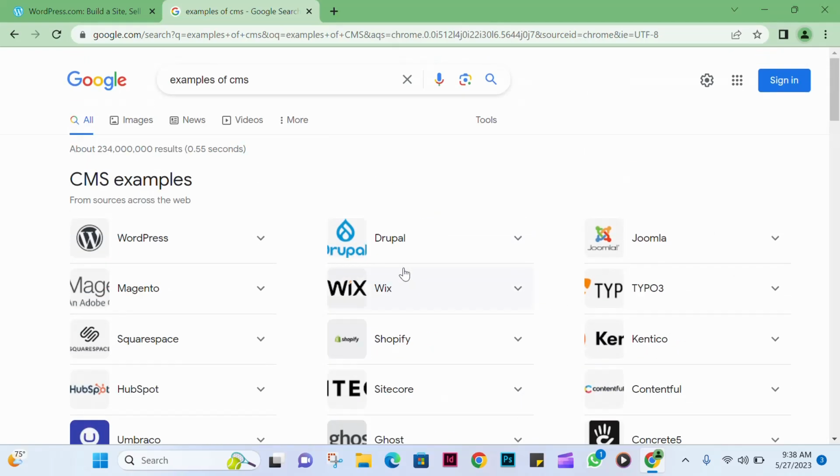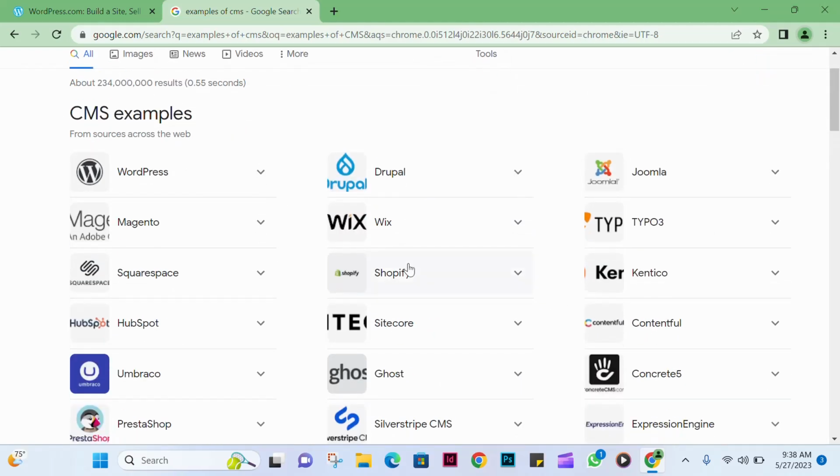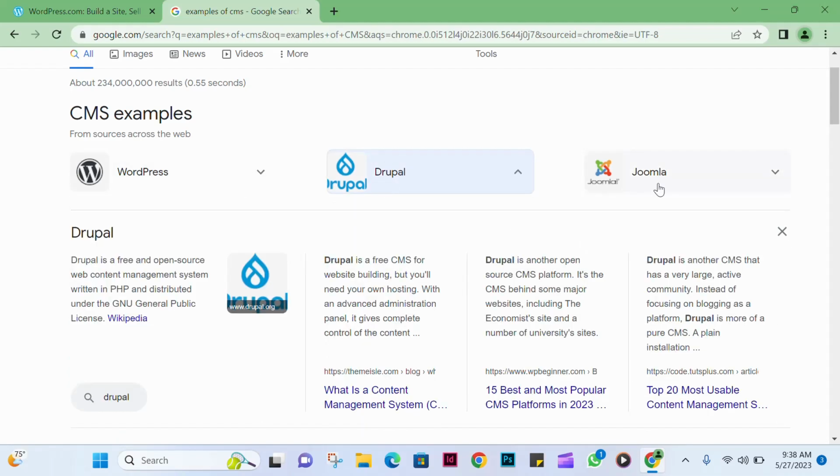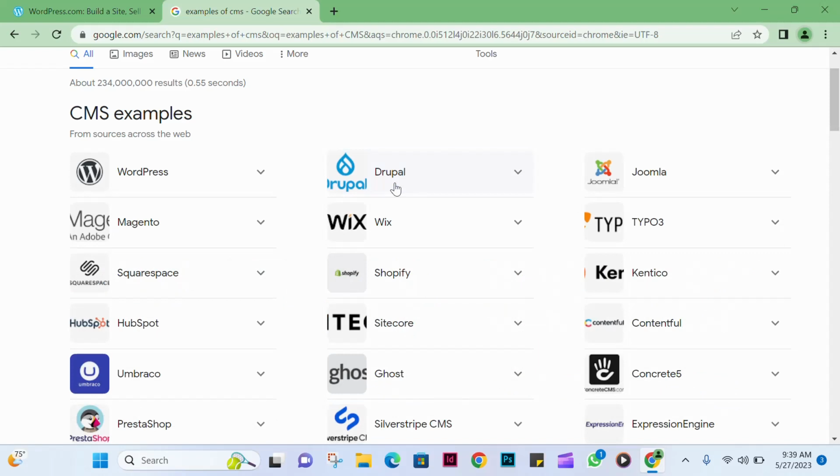There are very many, but the most popular ones are WordPress, Drupal, and Joomla. These are the most commonly used, and then Shopify when it comes to e-commerce platforms. Though in WordPress we also have e-commerce by using what we call a plugin called WooCommerce. I will explain what plugins are. We shall reach there.